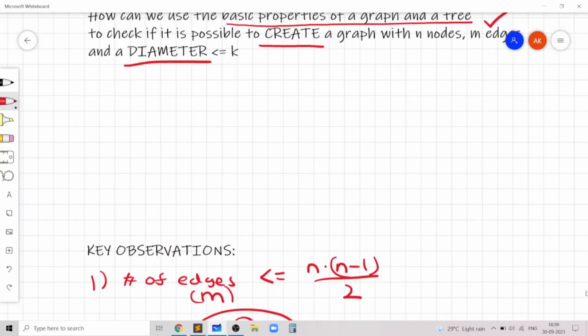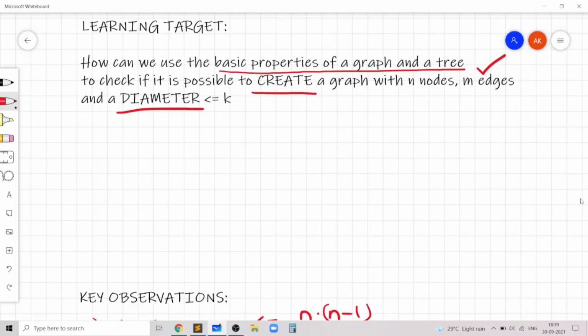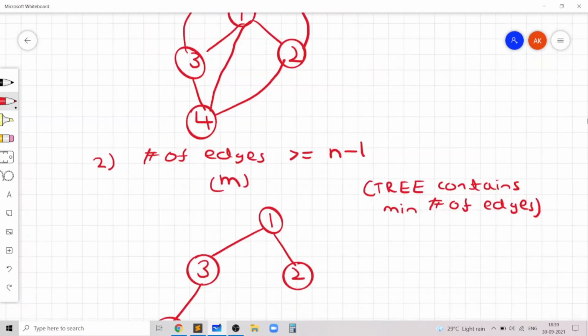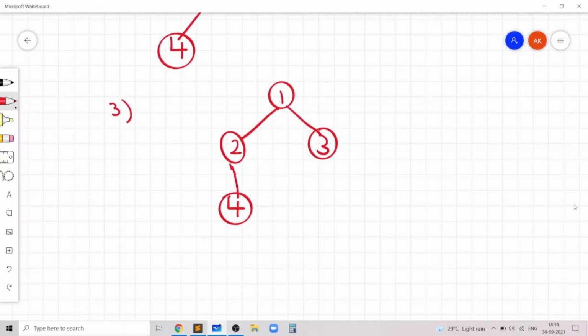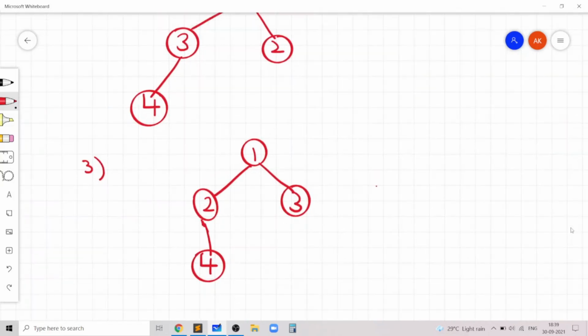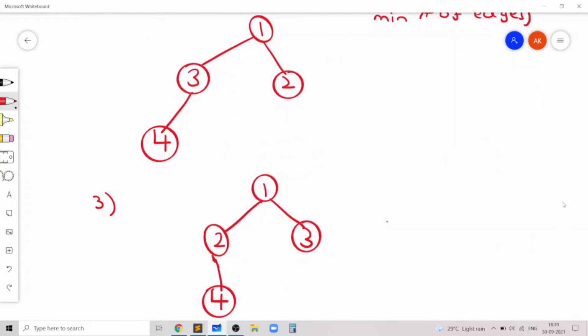Notice that in the problem, we are actually given less than k minus 1. So that means less than or equal to k minus 2. However, we can just increment k by 2 and we get the new problem. So that's why we just need to check if the diameter is less than or equal to k, where k is the value incremented by 2 from the input. Returning to the third observation, we want to check that the diameter should be less than or equal to k. Notice that the first two ideas apply because we need the graph to be connected and we need the graph to have no multiple edges or loops.